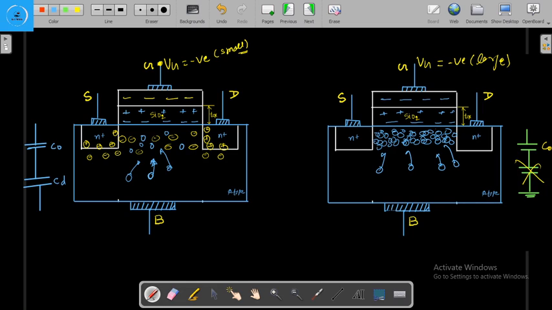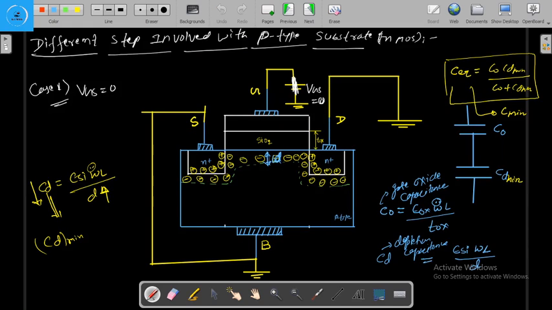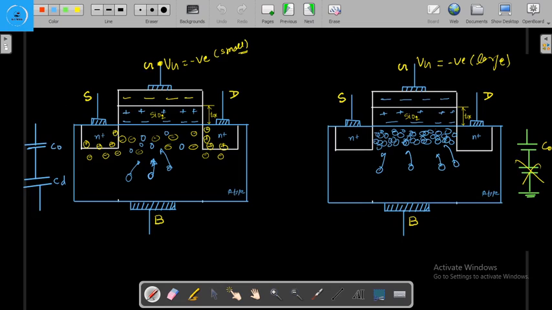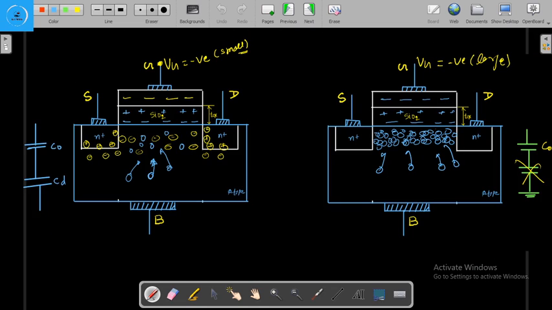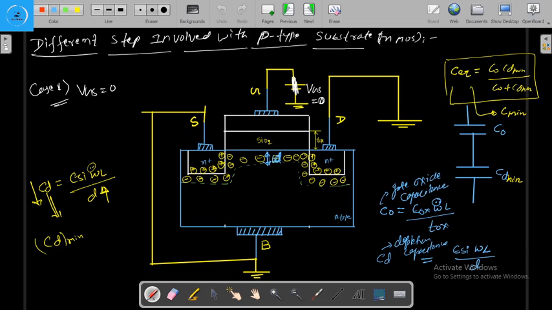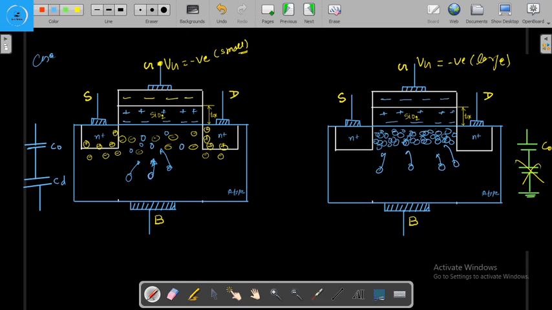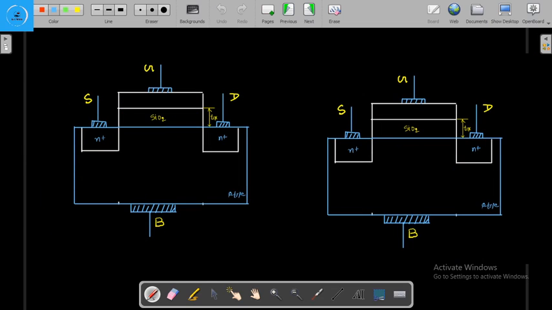Now what we are going to see, first we make this VGS equal to 0, this VG will be equal to 0. Now we are decreasing the gate voltage, right? This will be the case 1, this will be the case 2, this will be the case 3. Now we are seeing the case 4,